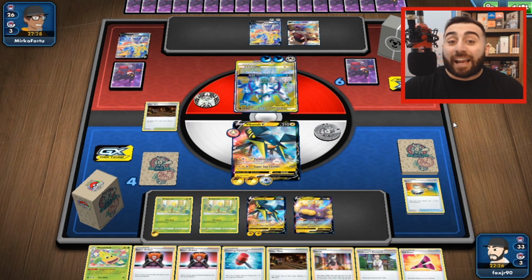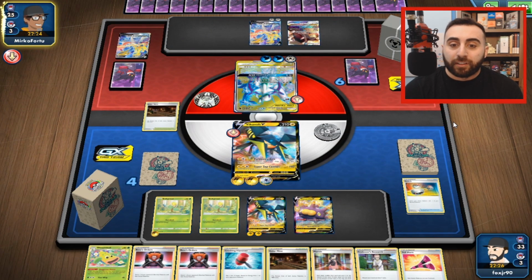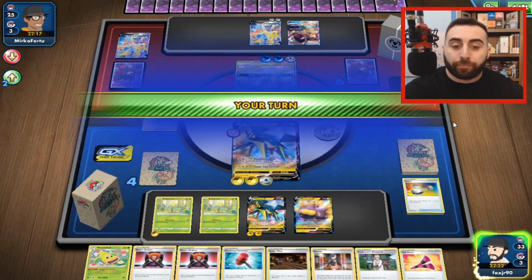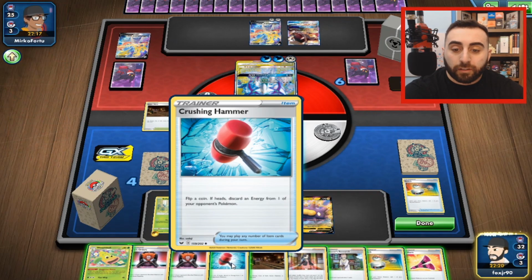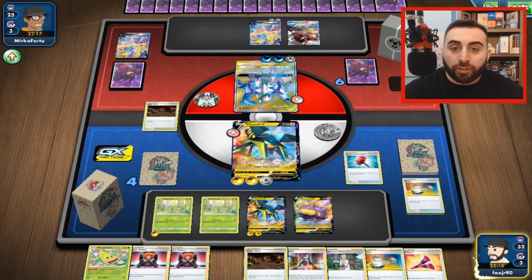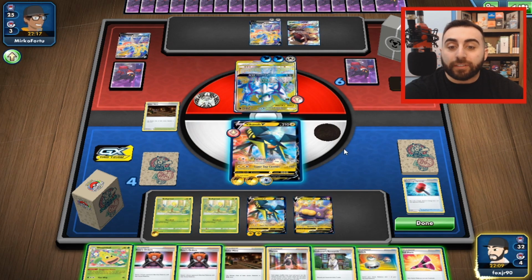Crushing Hammers. We'll see what he puts into the active spot. He's going to put the ADP. He's going to Altered Creation. He still can't play any items. And yeah, there's the AC. So with Crushing Hammer, it fails. He can retreat and knock us out with the...